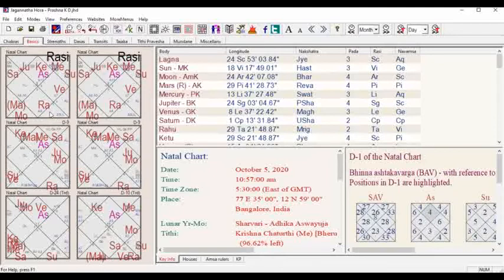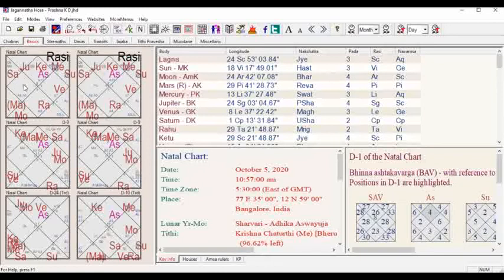So even if Saturn is in a Mool Trikon sign, it does not mean that Saturn is very promising. We should not look at it just in this way, that Saturn is exalted or Saturn is debilitated. We need to see holistically what the house is, because it's not a Kendra house, it's not a Trikona house, it's a Dusthana house. If it's the 12th house, what do you think? It's a Dusthana house. In this chart also, Saturn is in a Dusthana house.